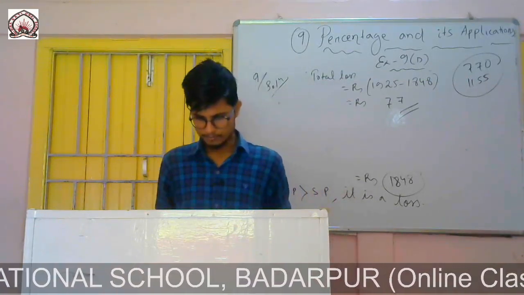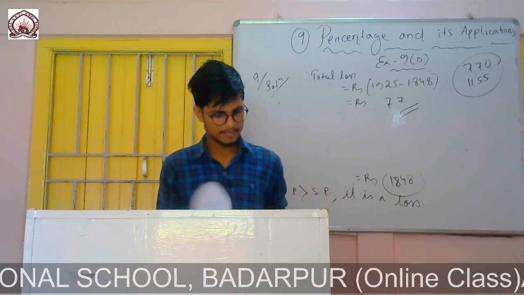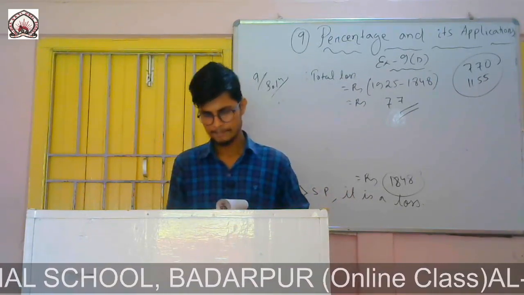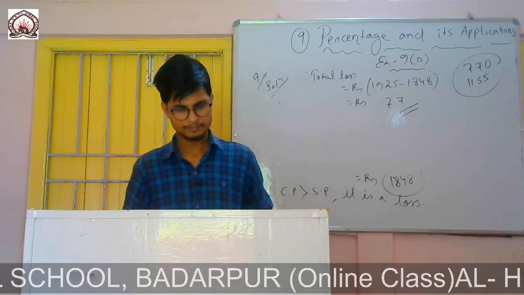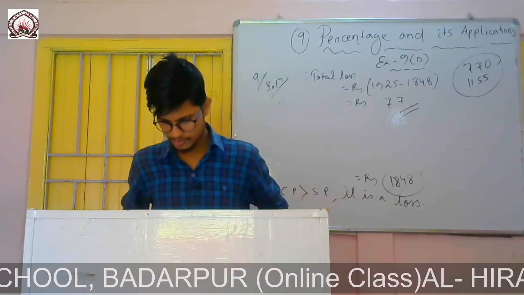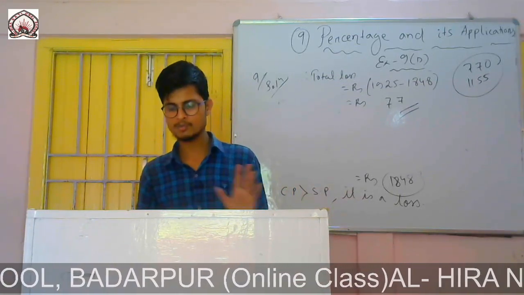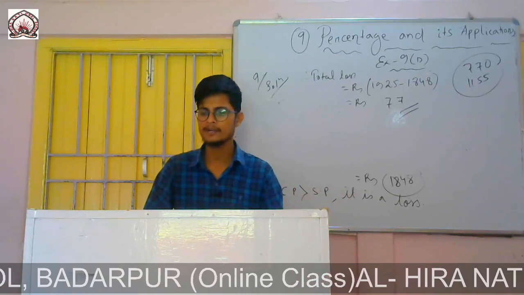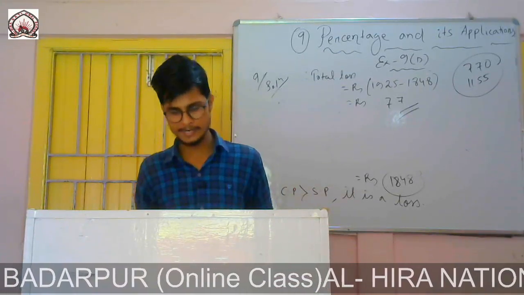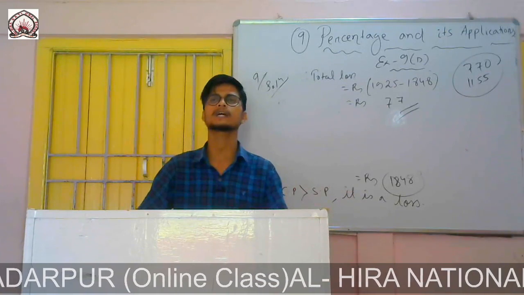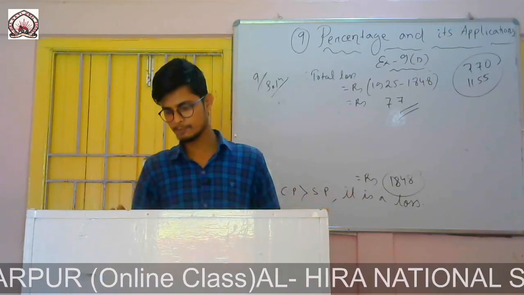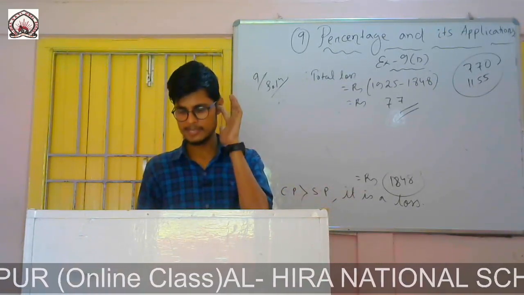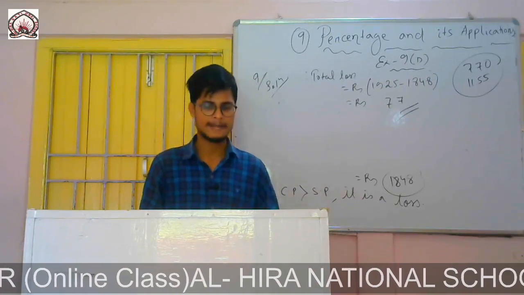Okay. So now question number 10. By selling a fan for rupees 1200, Karim lost 200. So his loss was 200 rupees. Find at what price he must sell to gain 10%. So first of all you have to find the cost price. If you find the cost price, then we can easily find the SP at a gain of 10%.